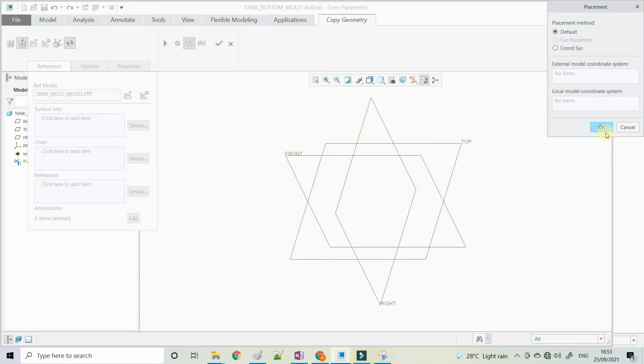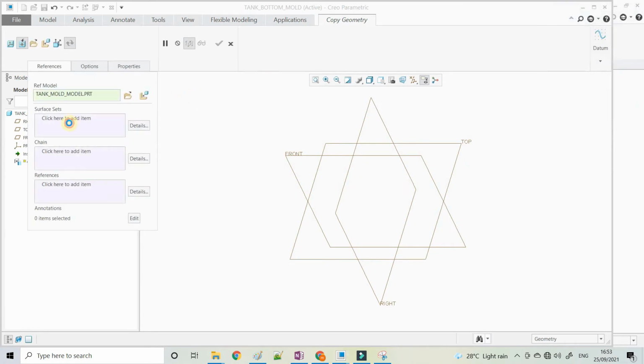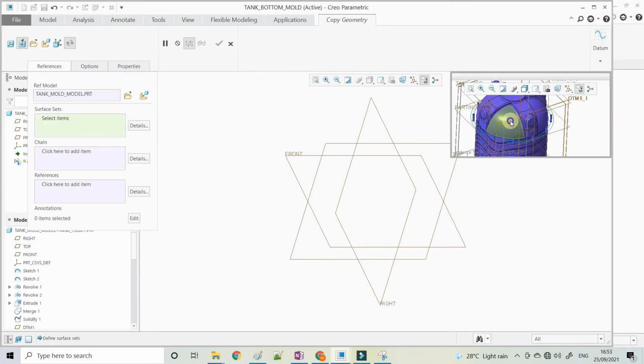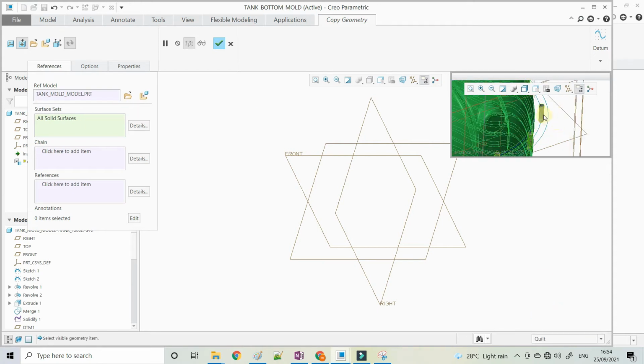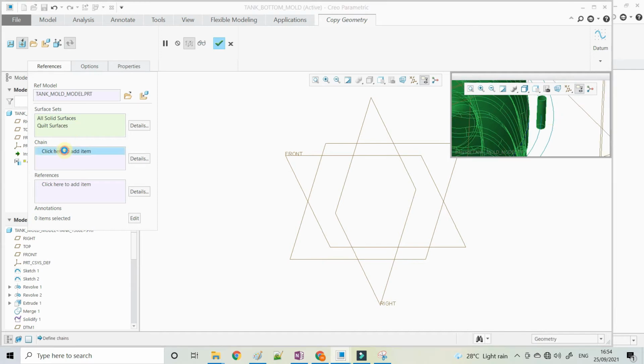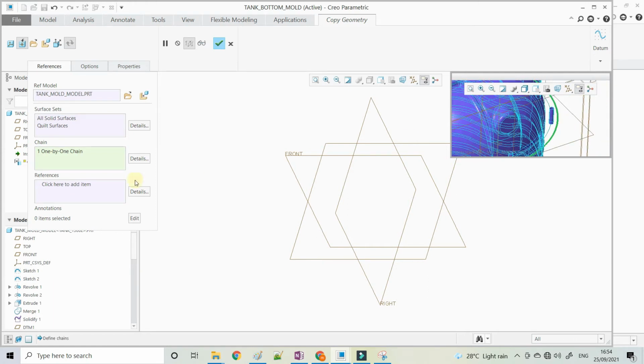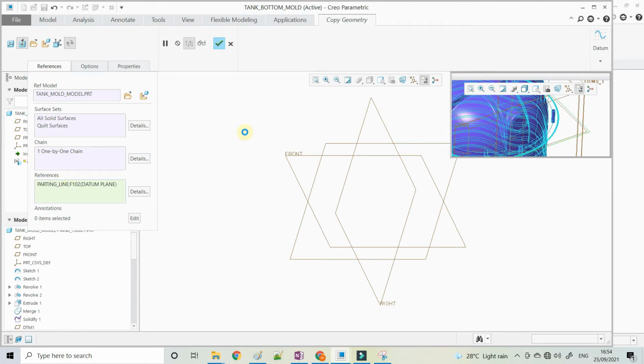Open it and say default, yes, and take all the surfaces, that is, select, right click and say select the surface, right click, solid surface. So all the outer surfaces are selected. Now quilt, and I want these hole surfaces, and I want the curve, that is, in the chain we can select the curve, complete curve, and in the reference we can select the point, axis and the plane. So I'm selecting the parting plane here, and say OK.